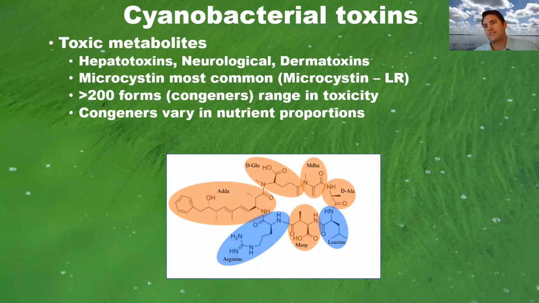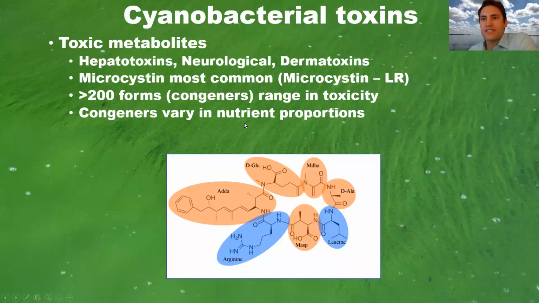Some of them are hepatotoxins, which means they affect and shut down livers. Some of them are neurological toxins, and some of them are dermatoxins. They create rashes on your skin. The most common is a toxin called microcystin, and it actually has a number of different forms, over 200, or